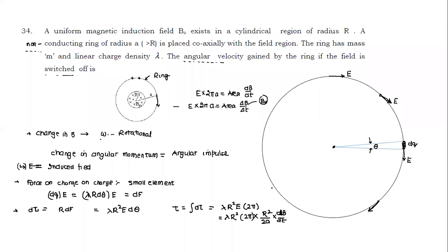So this dt, when I take it to this side, this becomes the angular impulse. So what is my angular impulse? This is the angular impulse. Angular impulse will be equal to the integration of this whole term into dB. dB will come equal to B naught. That's how we'll get the angular impulse. Once I get it, I'll equate it to I into delta omega, and we find the change in angular velocity. So all of you try and do it once more in the evening session, and from here it should be easy.